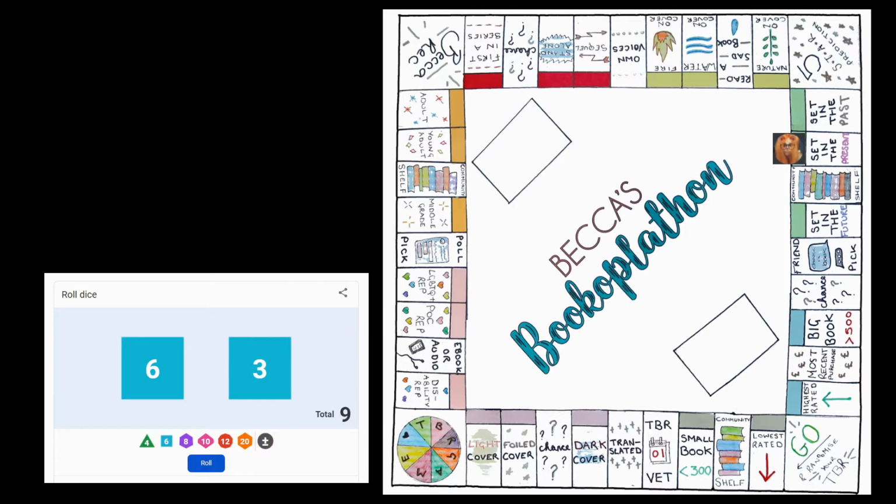Something set in the present. As you just saw, the fourth roll was a book that was set in the present, and for that I am reading Red, White, and Royal Blue by Casey McQuiston. This is like an alternate timeline, but it is modern, so I'm gonna assume that means it's set in the present. I don't read a whole lot of contemporary, or at least modern contemporary, but this is a male-male romance